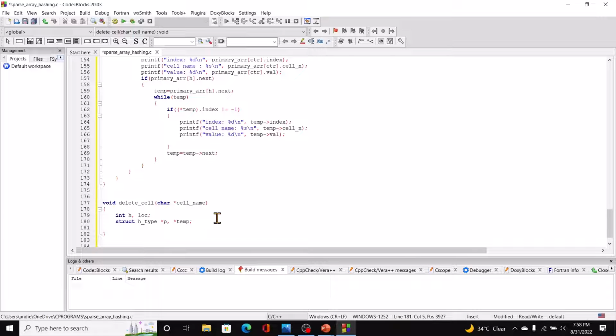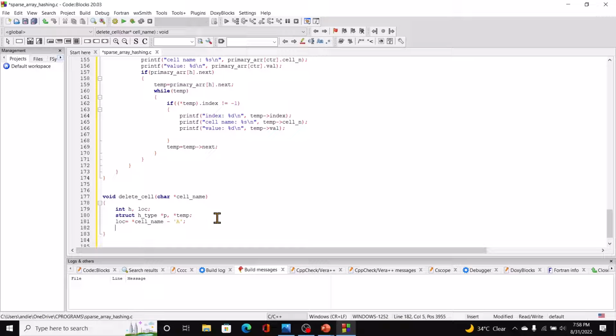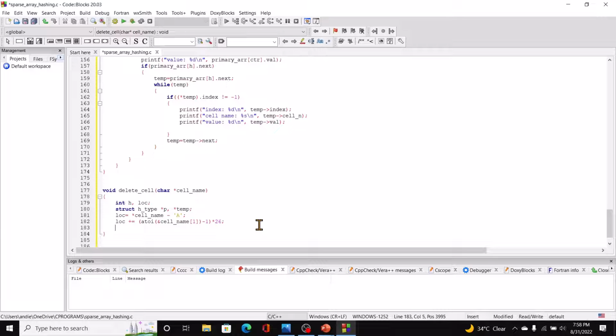Okay, and then we have lock equal to star cell name minus a, that's our hashing algorithm, and lock plus equal to a to I of ampersand cell name of 1, right, -1 multiplied by 26, right? H equal to log divided by 10,